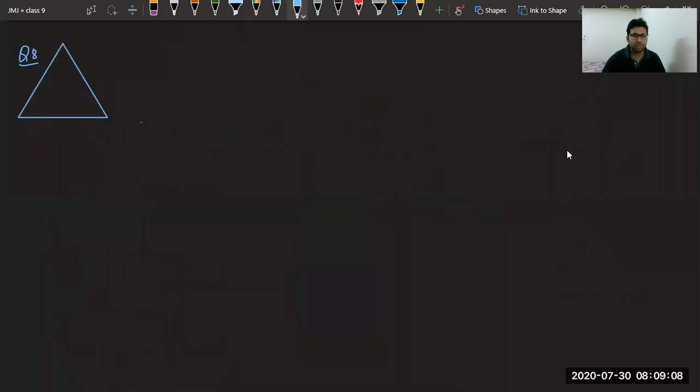So we know it is an equilateral triangle. Suppose I name it ABC. What we mean by equilateral is AB is equal to BC is equal to AC. So given to us, AB equal to BC equal to AC. We cannot take from our side that each angle is 60 degrees. We cannot take that thing.